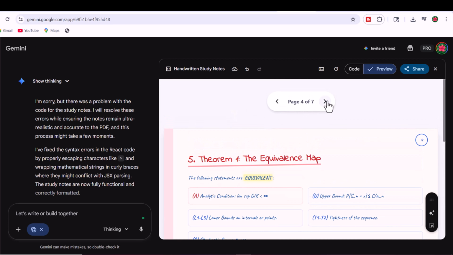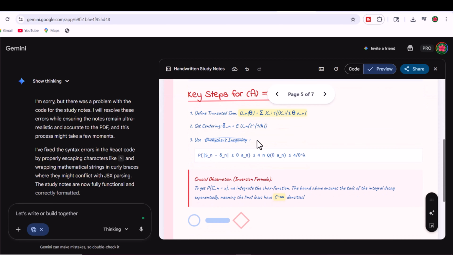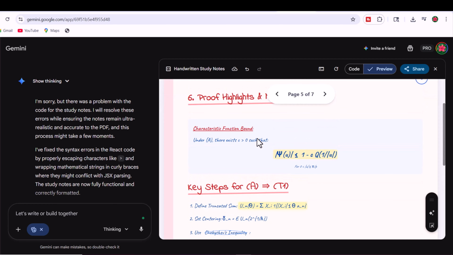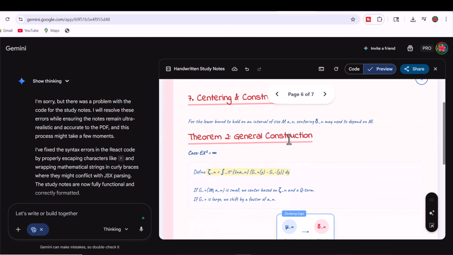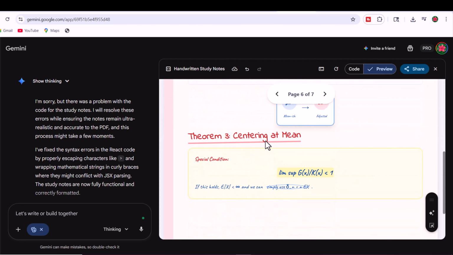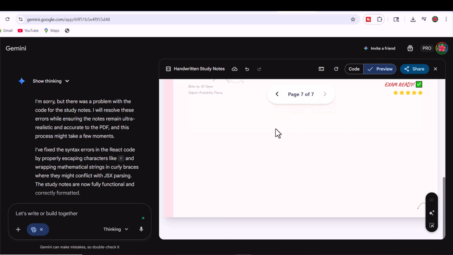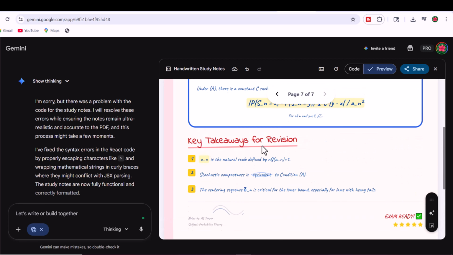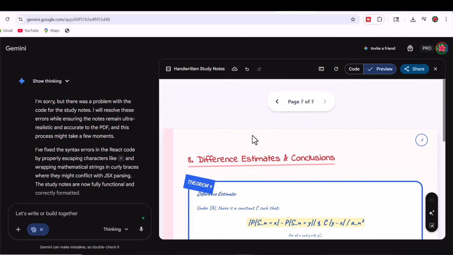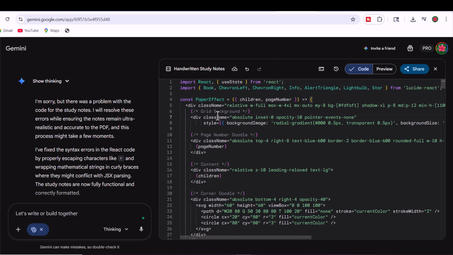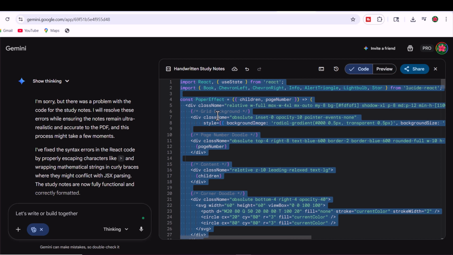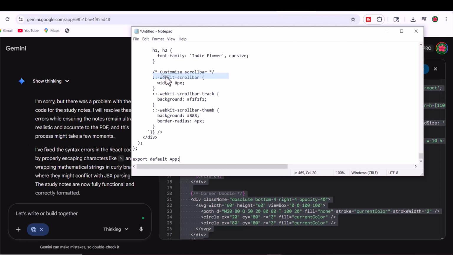Now, the biggest question is, how do we convert this into a PDF or take a printout? It's very easy. You will see the code here. Copy the code, press Ctrl plus A, then Ctrl plus C, and paste it into an HTML file. When you save it, choose Save as All Files. Give it any name you like, for example, Notes 1, and save it as an HTML file. Once saved, it will appear on your desktop. When you click on it, all your notes will open properly. After that, you can print it, save it as a PDF, or keep it as it is. There will be no problem.